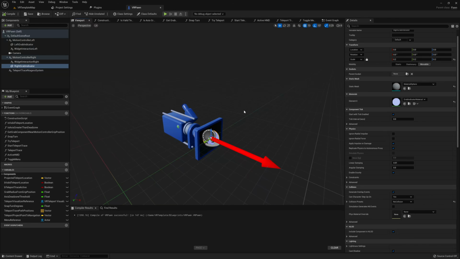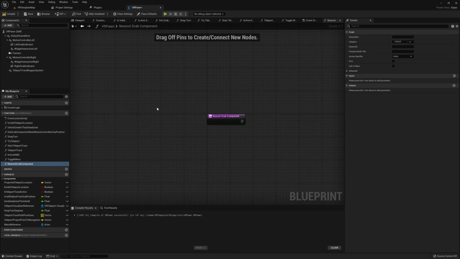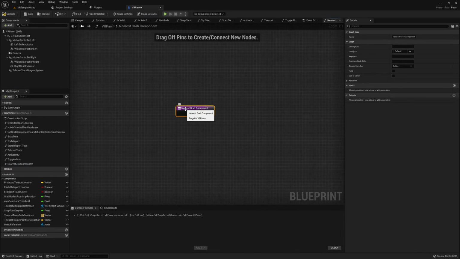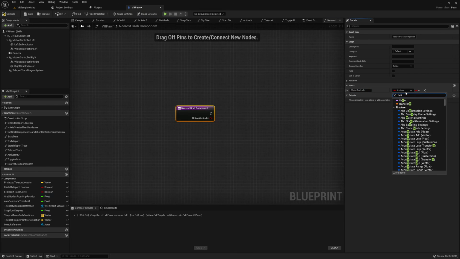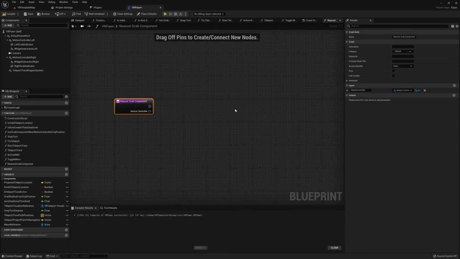Once we have both of these static meshes in place, we can go ahead and start working on our blueprints. I'm going to start by creating a new function first. I'm going to call this nearest grab component, and in case the name isn't obvious, it's simply going to tell us what the nearest grab component is, so we know what the player is going to try and grab. For this nearest grab component, we're first going to need an input. This input is going to be a motion controller. This is just going to be the motion controller that's trying to grab, so we know what our origin point